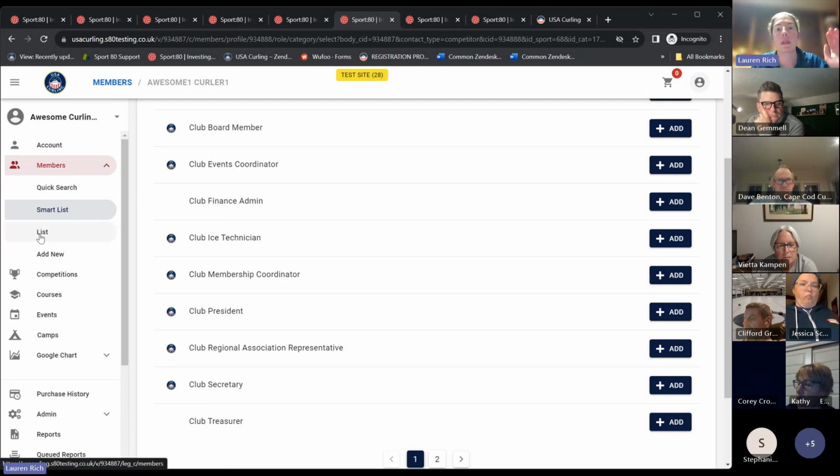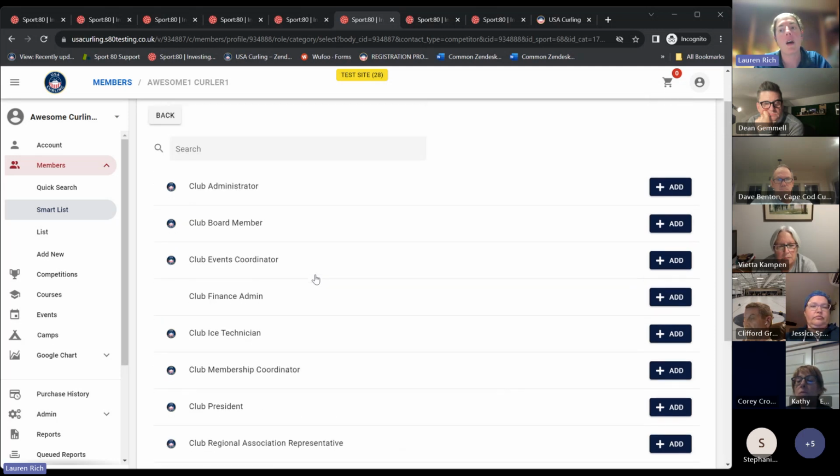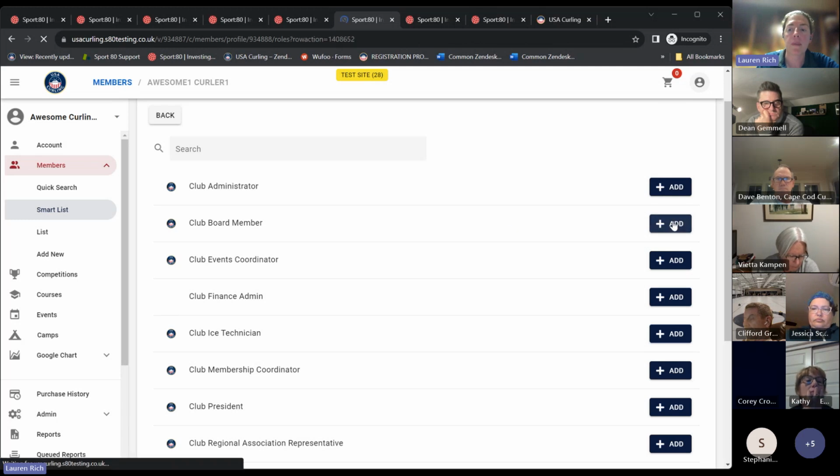So they would have the member list that we walked through. I don't know if a club membership coordinator has that, which is confusing. But if somebody is a membership coordinator and you want them to have access to that and they don't, you could add them as a club admin, which would give them full access. So a club admin absolutely has full access. I believe a president has full access, and then everybody else has kind of varying levels of membership access to member data. So if I want to add this person as a club board member,